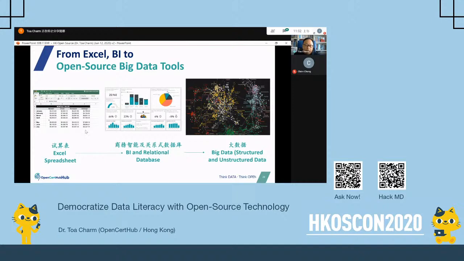And then we have the BI world. The BI world, we're talking about, for example, Cognos, Business Objects, now Microsoft Power BI, and so forth, and Tableau. All this kind of thing is good. It makes our analysis much easier and lets us see our KPIs much more clearly every day. But it's still not good enough in the big data world, or in the digital economy we talk about. There are so many different types of structured and unstructured data that we need to analyze.